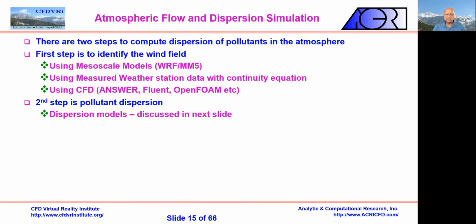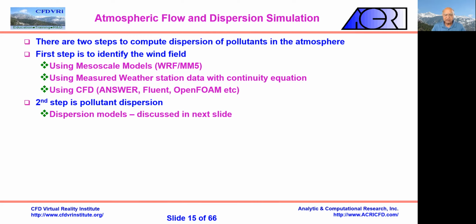So there are two options. The first, simple and effective but not very accurate option is to use the measured weather station data, put it in the continuity equation, and solve the equation with certain constraints, saying do me a least square minimum error with this measured data. Okay, that can be done with the continuity equation and is done, and that's a first line of defense. But if you have the resources and you want an accurate answer, then you have no option but to use a 3D CFD model like our model, ANSYS, or Fluent or OpenFOAM or whatever you have.